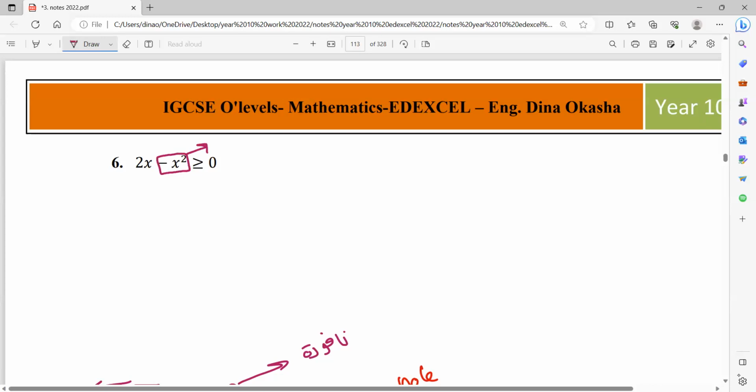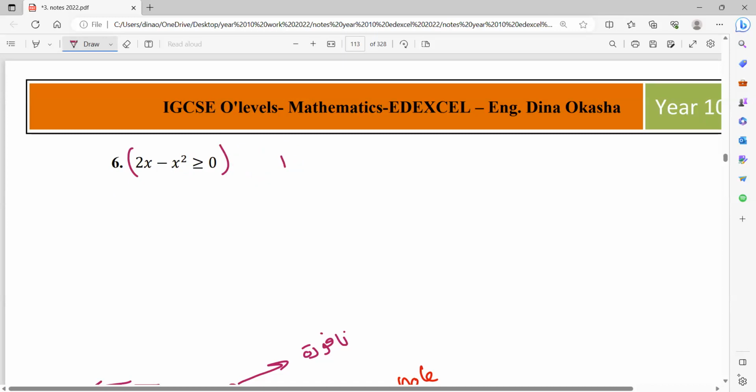Here the quadratic term is negative. Here the quadratic term is positive. So what I would do in this question is multiply the whole thing by -1 so that I change the quadratic term into a positive term. So it would change into